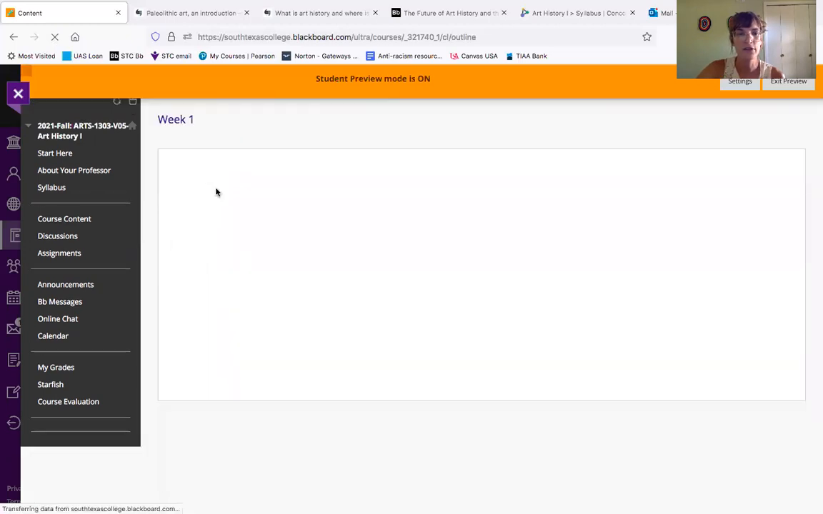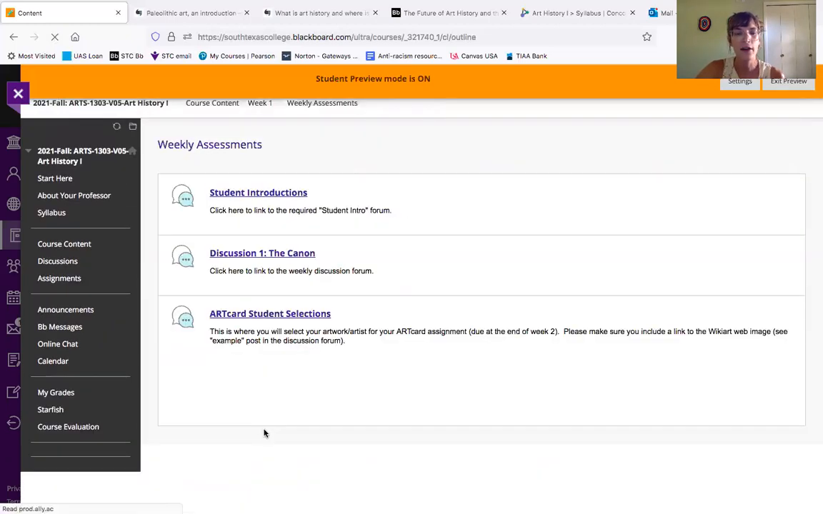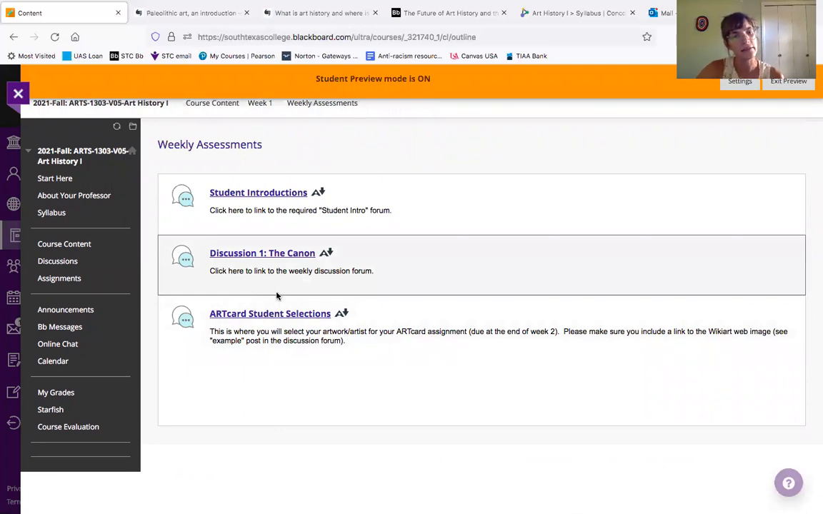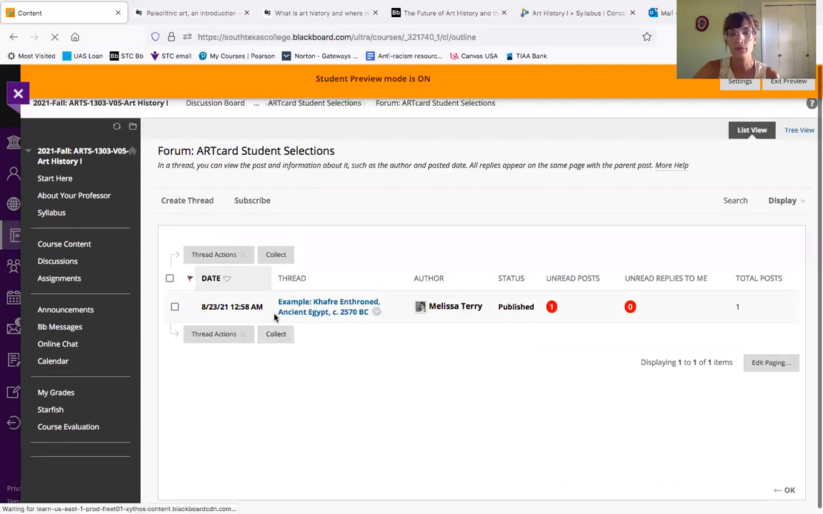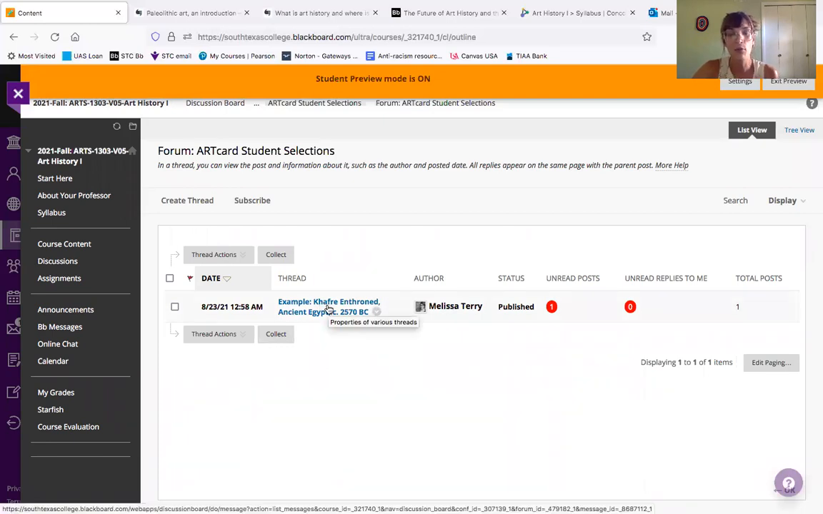All right, so 2 discussion forums are due this week. And the final thing that's due, I thought I had a quiz in there for the syllabus. We'll have to look at that. The other thing you have to do is select an art card. I already have a test in here, an example of what you're going to do. So basically,